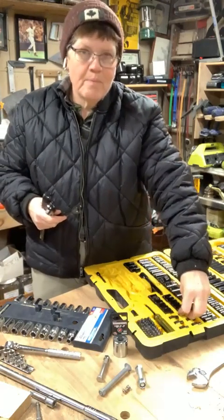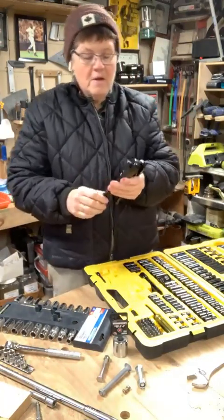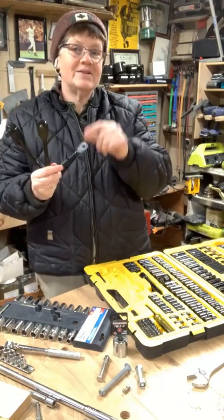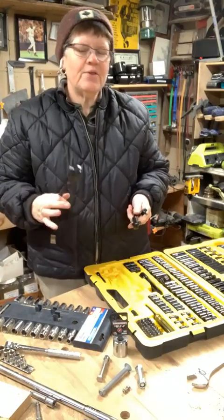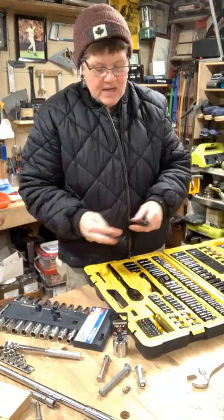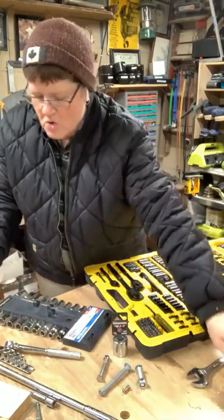And then, for the big tools like your lug nuts, you'd have a bigger bar, and there's even a bigger one that I'll show at the end of the presentation. But that's a consideration when you're purchasing sockets: what size drive your socket set is. For the most part, between 3/8 to a half is probably the most common. A 1/4 inch, these little guys are kind of a specialty, so I wouldn't worry about that. But when you buy a socket set, it's either going to be a 1/2 inch or